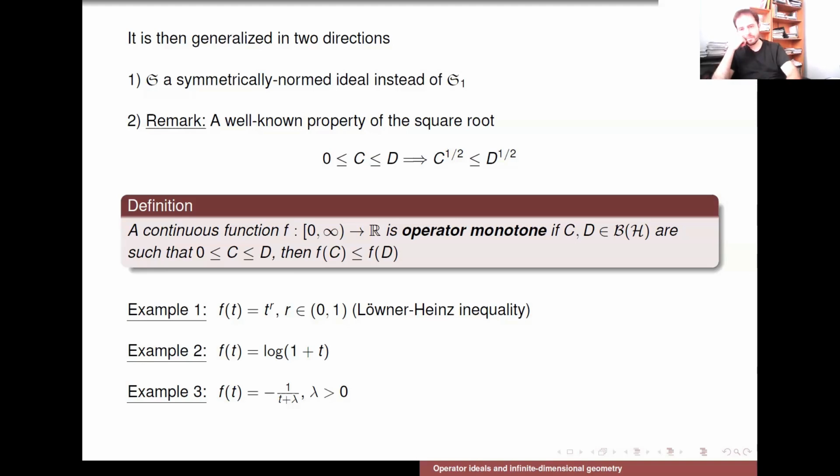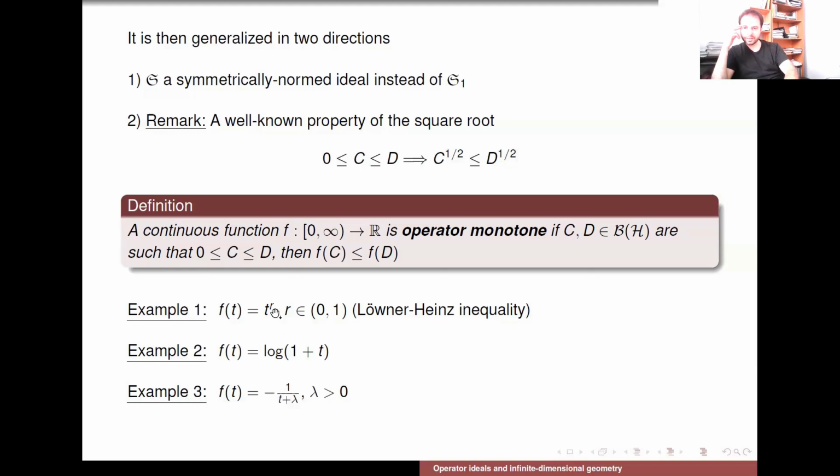We know by elementary spectral theory that the square root satisfies this condition here. So this is the condition that can be generalized to define operator monotone functions on the positive real axis. Some examples here,